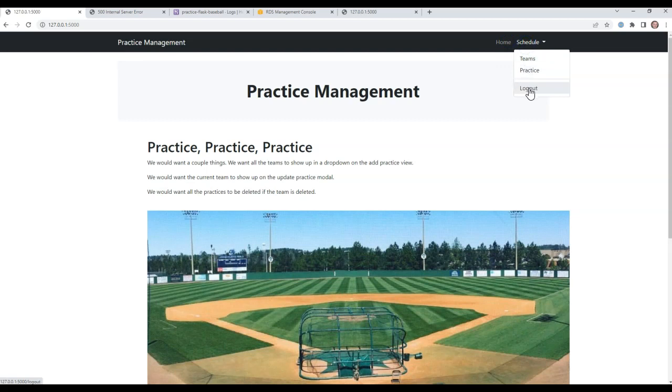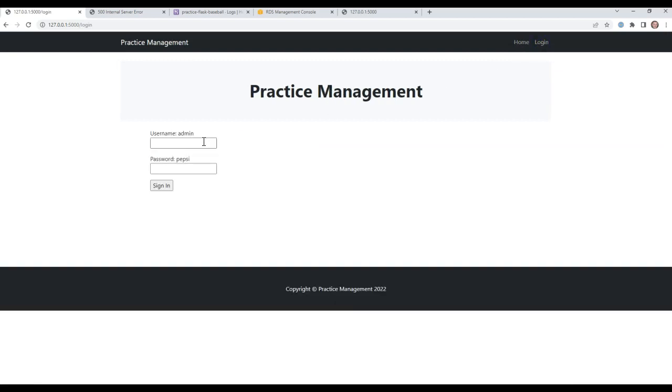We have log out working, right? So I'm going to click log out, killed the whole thing. You can tell it worked because I'm logged out right now. I'm not an authenticated user. Login is right here. So if I go back to login